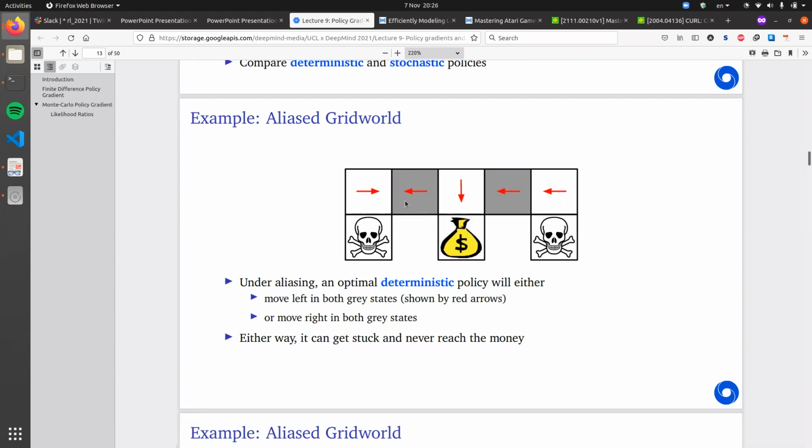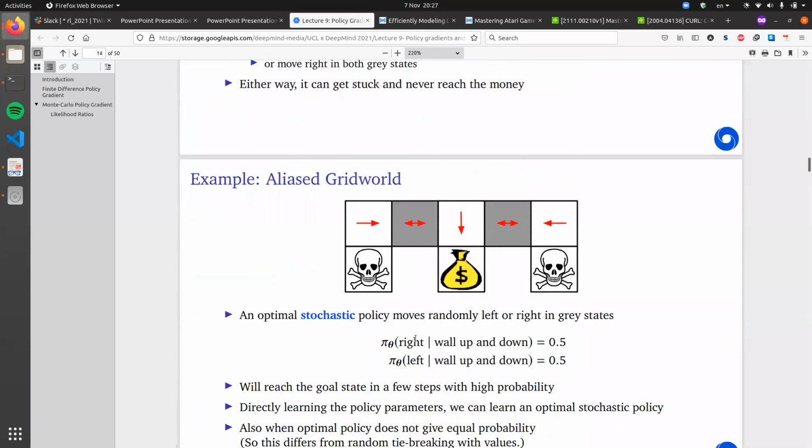But despite the fact that the states are represented in the same way, in these two states we need either move left only from this one and move right from this one. So we need some way to be able to move stochastically in this state, and that is possible